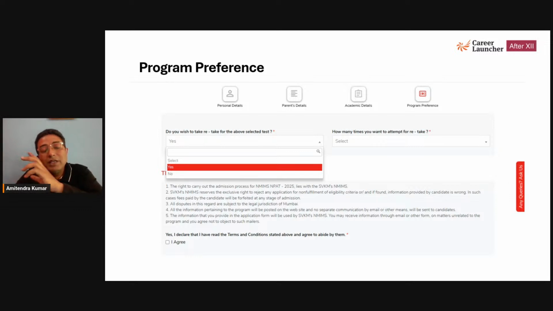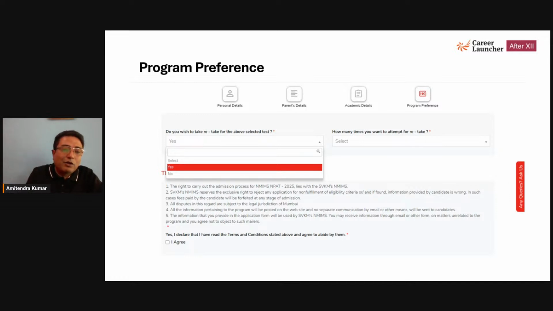My suggestion would be, in case you are also planning to take CUET, because CUET is most likely to happen from 15 to 31st May, you cannot go for a date change. Nobody will change it for you. Even NMIMS will not listen, or the NTA will not listen. So try to give your test somewhere between 10th and 14th.